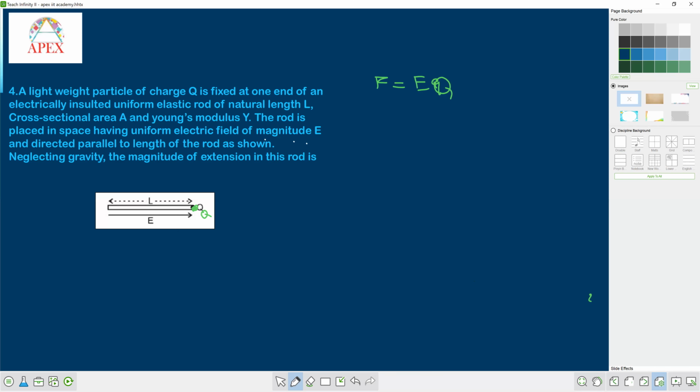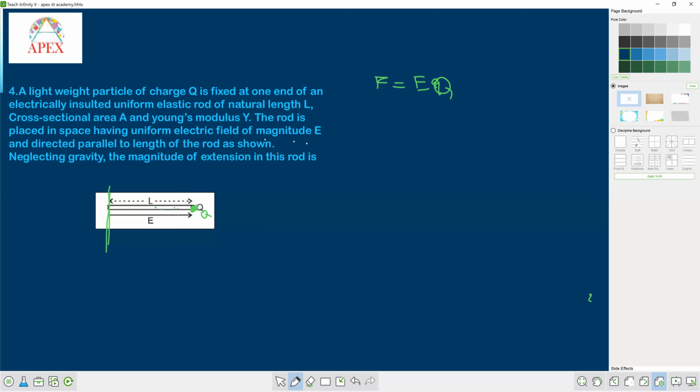But whenever some electric force is acting at the end point, some tension will be created. Let me consider that one end is fixed here. Tension will be created in the rod and there will be expansion. The tension is not the same at every point of the rod. Throughout the length of the rod, tension will not be the same. Tension will be more at this point and somewhat less at the next point. While you are going to the other end, the tension value will decrease.